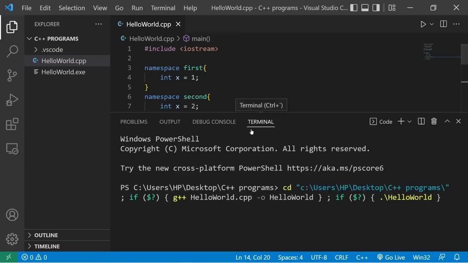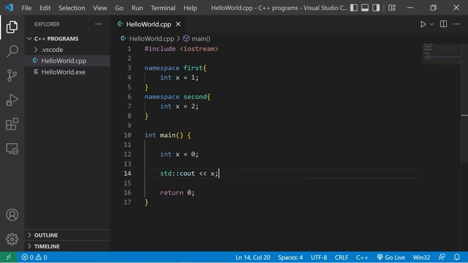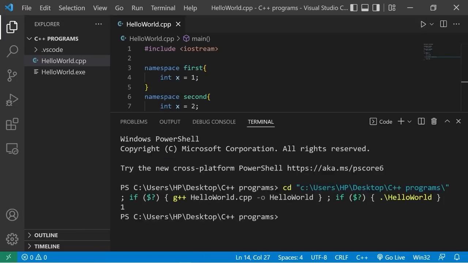If I display x, x would be 0. If I would like the version of x that is found within the first namespace, I would take that entity, in this case x, and prefix the namespace. Let's say first, then 2 colons. The 2 colons is known as the scope resolution operator. I'm referring to the version of x that is found within the first namespace, and that version of x has